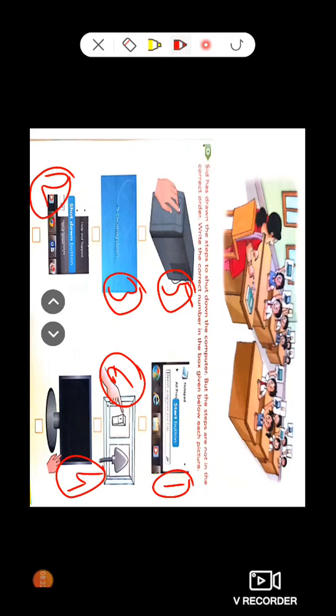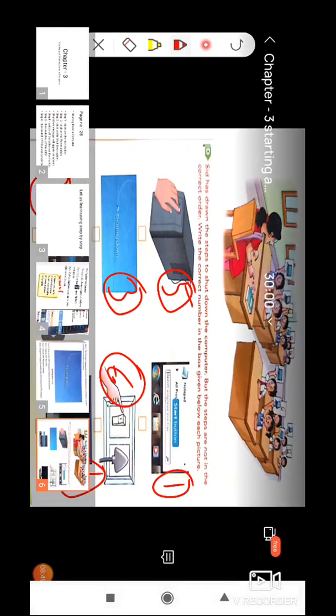In case, dear children, you want to charge your computer battery, in that case you may avoid step 5 and step 6, so that your LED screen, monitor screen will get shut down and your machine will take rest, but the UPS will get charging using the power. So dear children, I hope you have learned how we can shut down a computer.